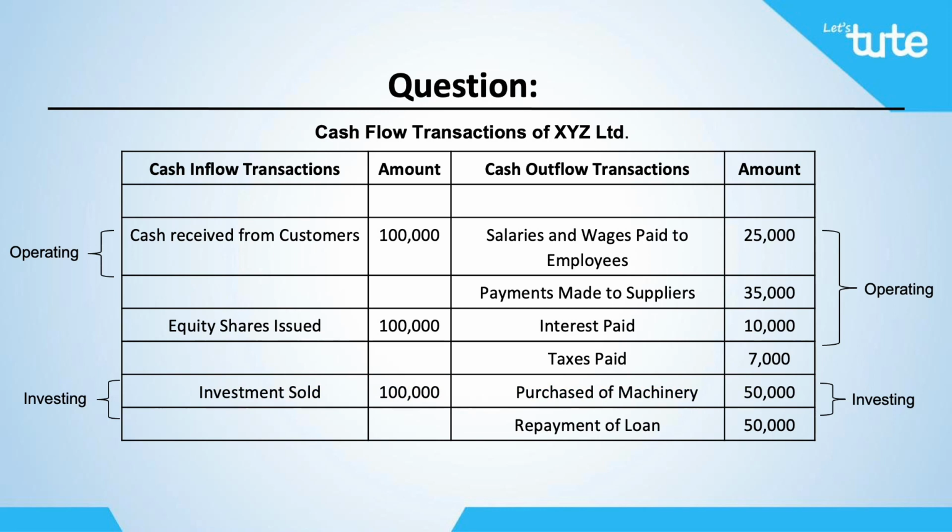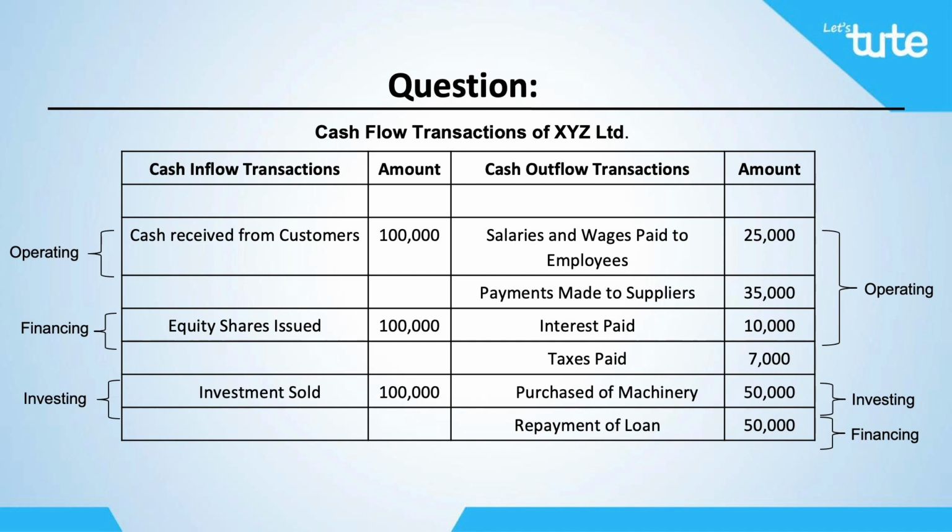The cash inflow transaction of issuing new equity shares will come under the heading of cash flow from financing activities. And the repayment of loan will also be part of the financing activities heading and would be recorded as a cash outflow transaction. Now let's practically understand the process of deriving the solution by looking at the cash flow statement